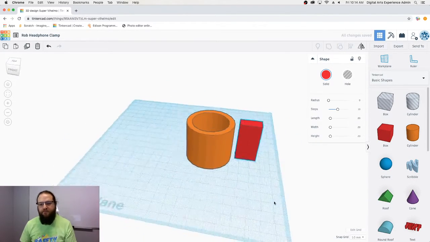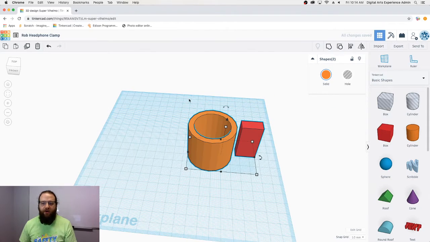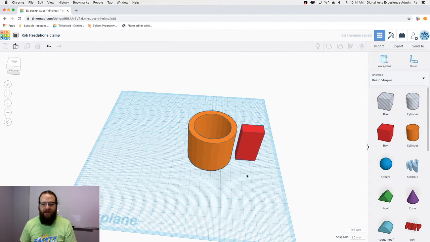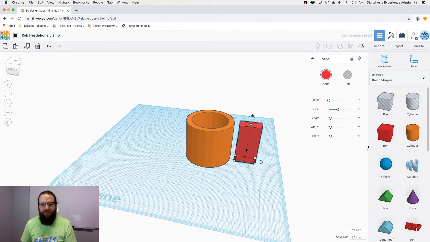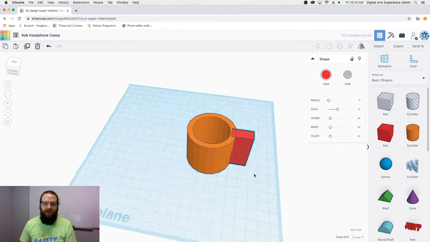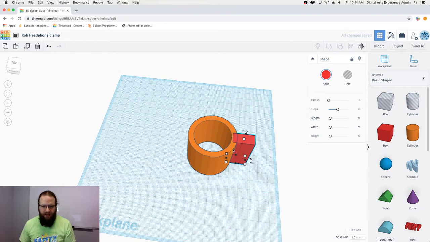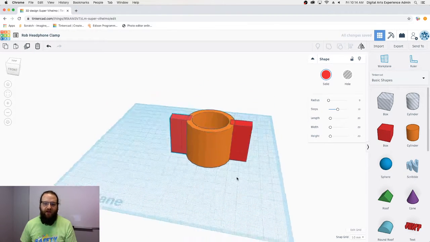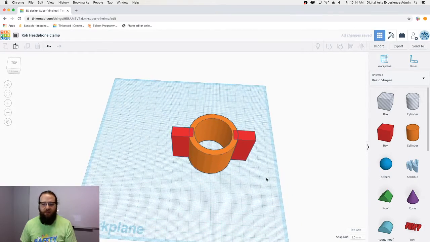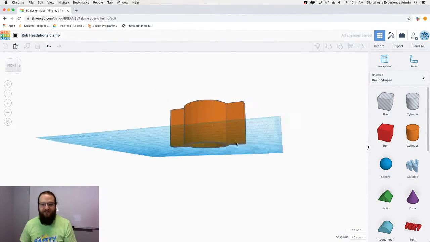So what I'm going to do now is I'm going to align these together, and then I'm going to actually bump this over using the arrow keys so it's sitting flush within my object. Okay, and now we'll simply duplicate this and just bump that over, and again have it sitting flush within my object. So we're going to group this together, and now we've got this ring with some fins on the side,